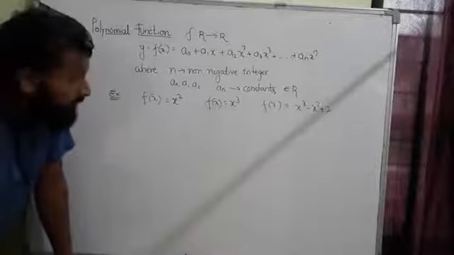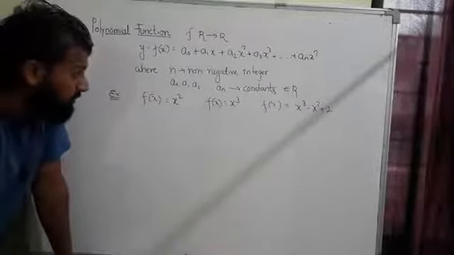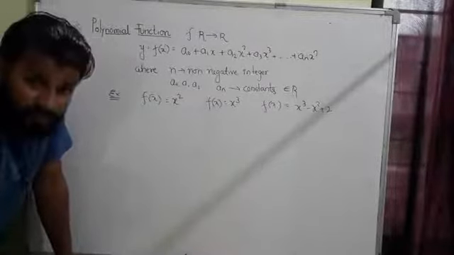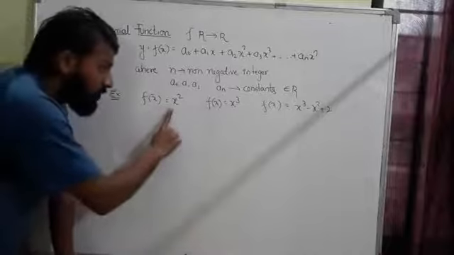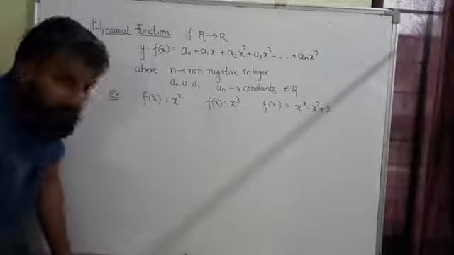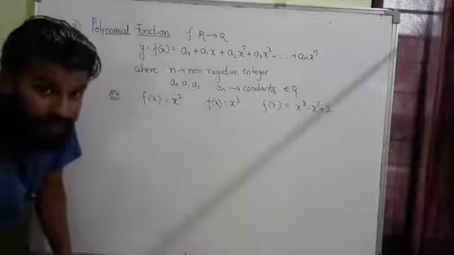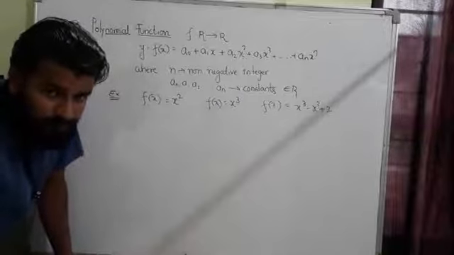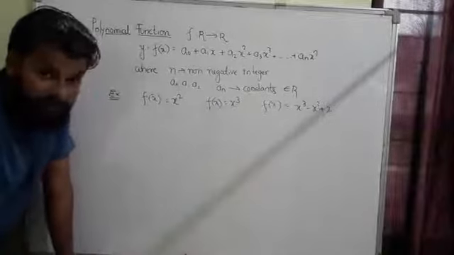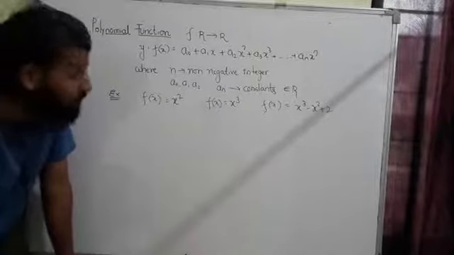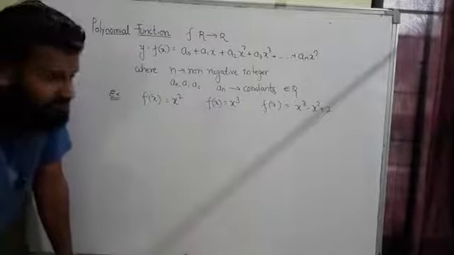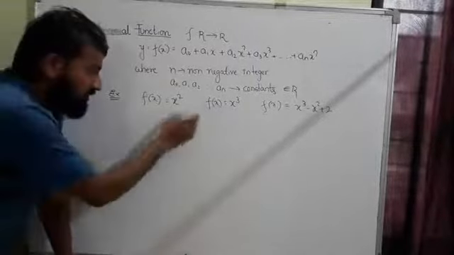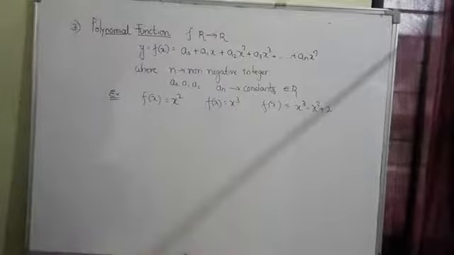Yes or no? Yeah. So now what we are going to do is we are going to draw the graph for f of x equal to x square and f of x equal to x cube, and we will see how the graph will look like. Okay, so such type of questions you can expect in the exams. So this is the first one, and the second we'll solve it and we'll see. Pause the video and note the definition.